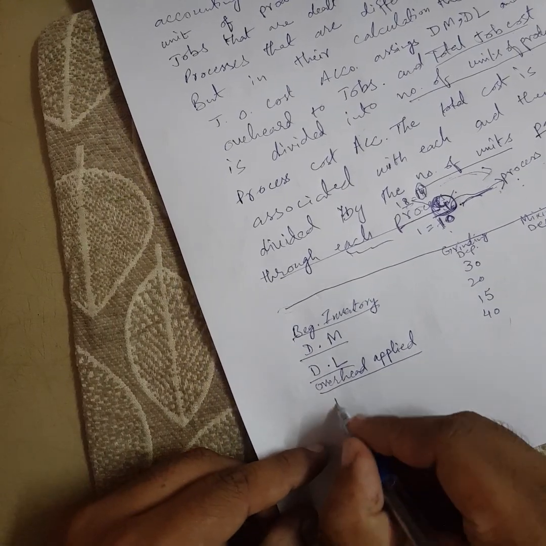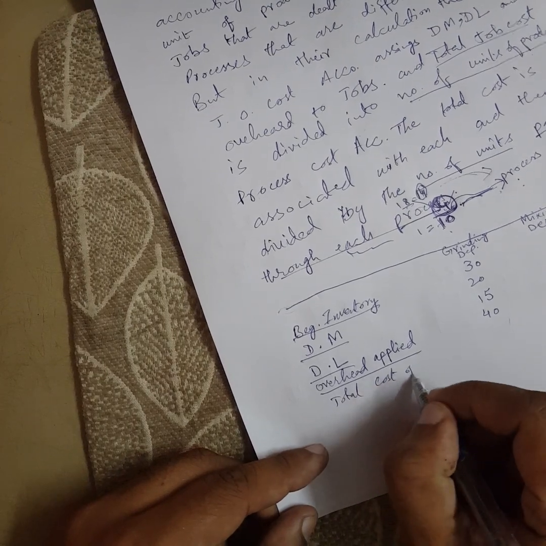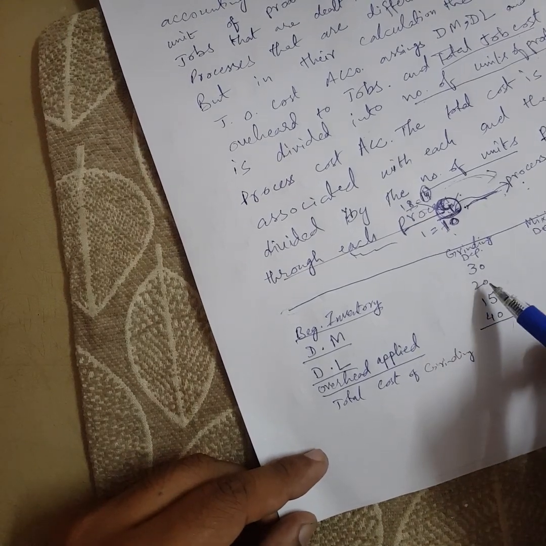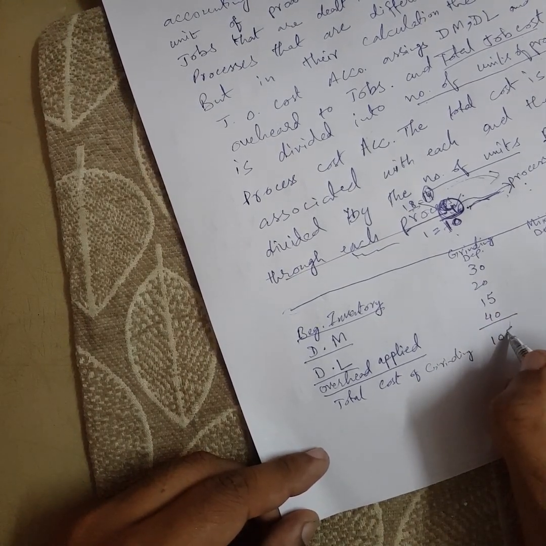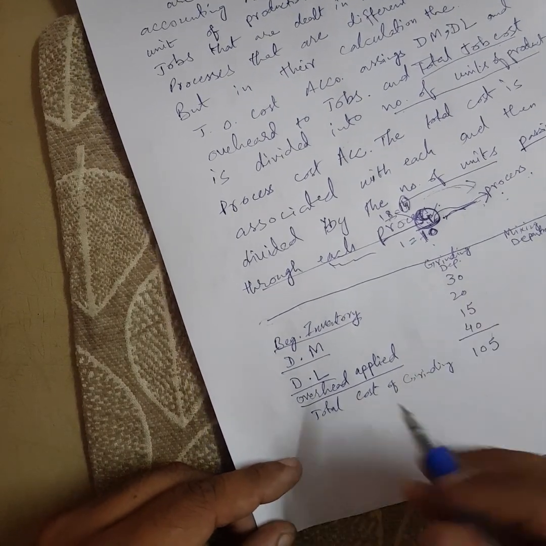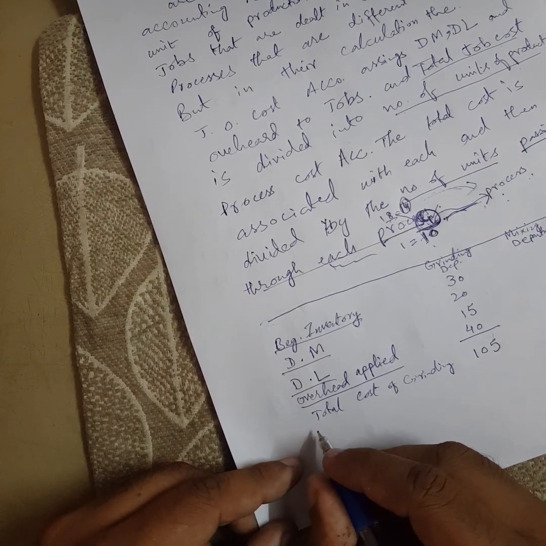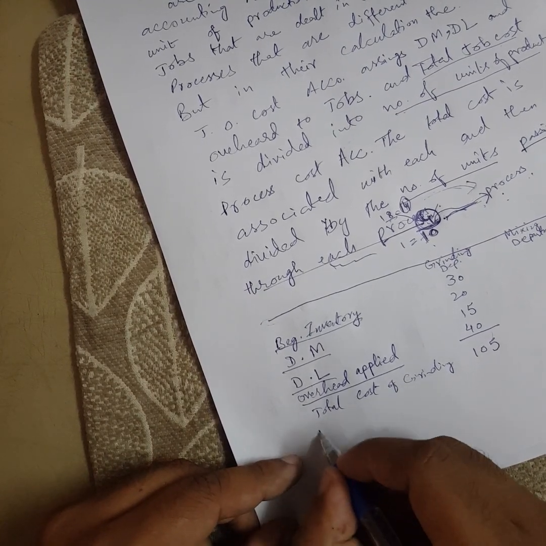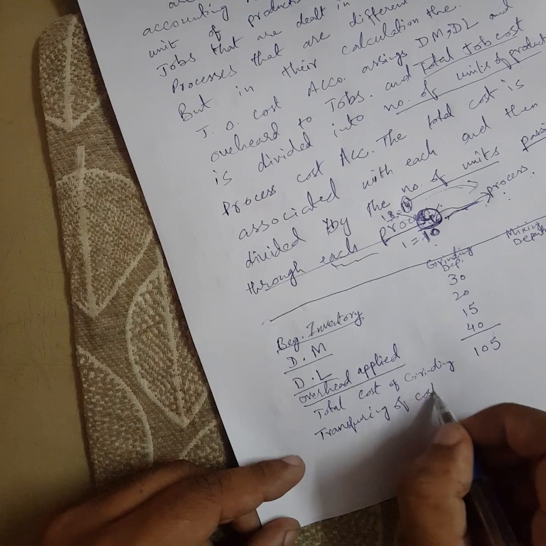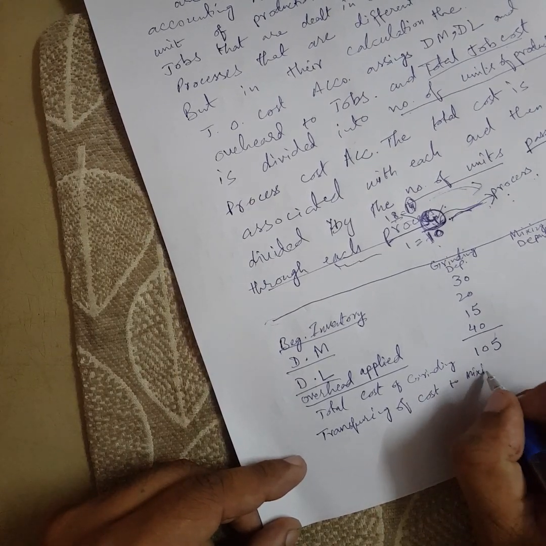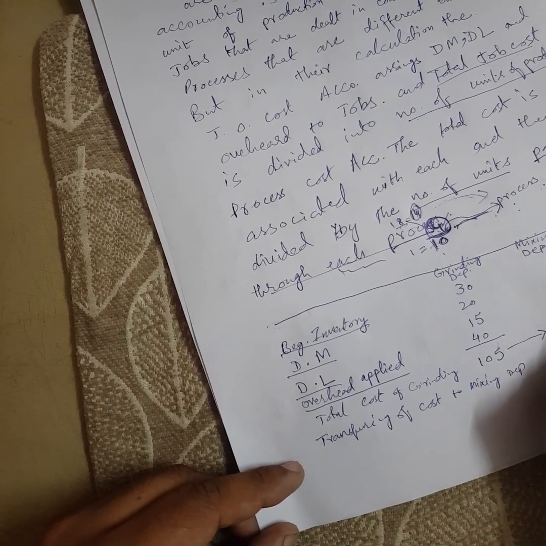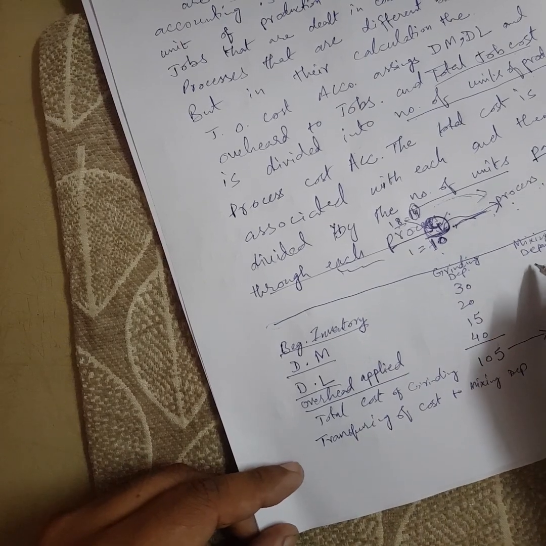So we will write total cost of grinding is equal to 105. As compared to it, now we will write transferring of cost to mixing department. This cost will be transferred to mixing department, where there will be further processes